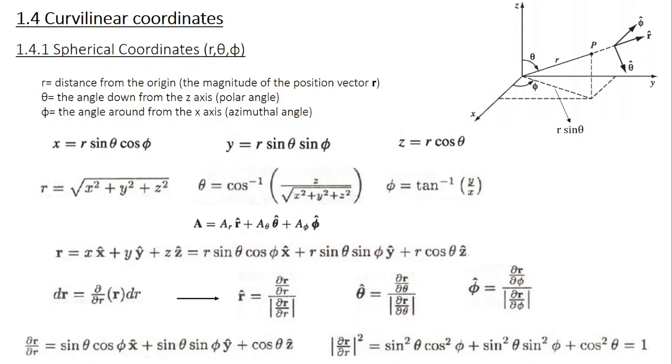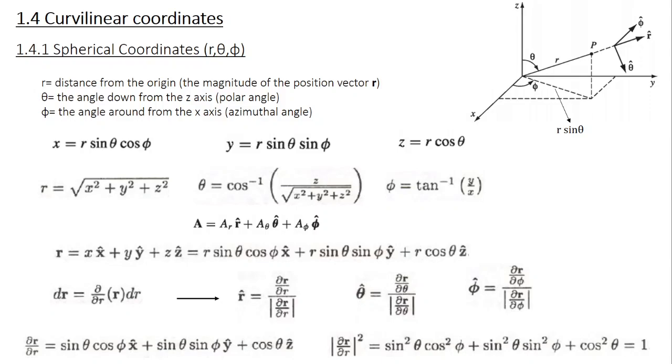And if you want another classic example, in quantum mechanics, you learn about the Schrodinger wave equation. When you solve the Schrodinger wave equation for the hydrogen atom, it has an inherent spherical symmetry. So the hydrogen atom is best solved in the spherical polar coordinate system. So by choosing the appropriate coordinate system, you can optimize your analysis. Okay. So let's learn first about the spherical polar coordinate system.